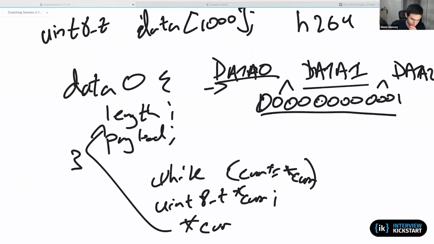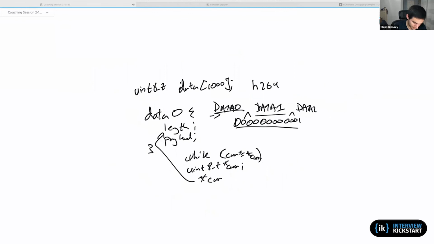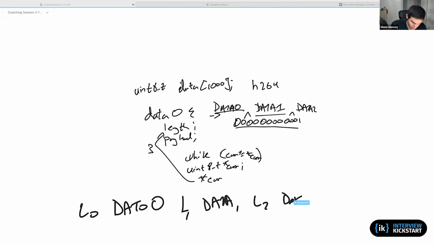Another possibility is, let's scroll down a little bit. We could say we have data 0, and right before data 0 is length 0. Then right after data 0 is length 1, and then data 1. Then length 2 and data 2, and so on down the line.